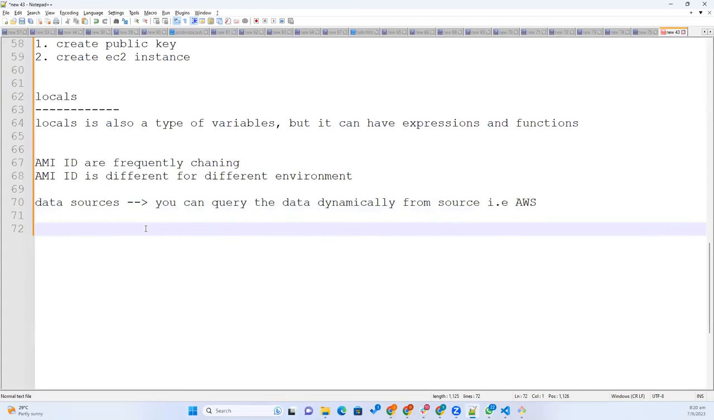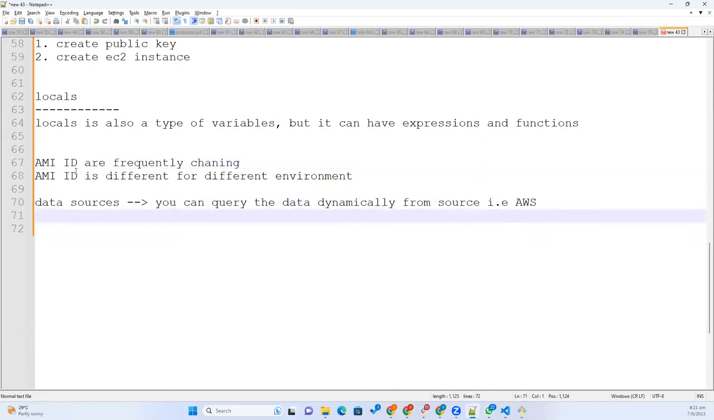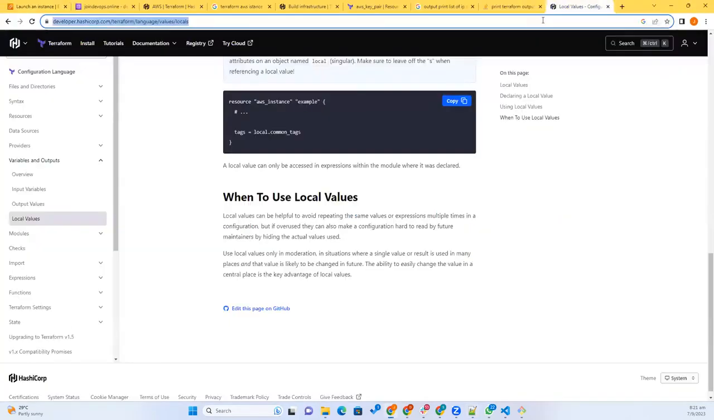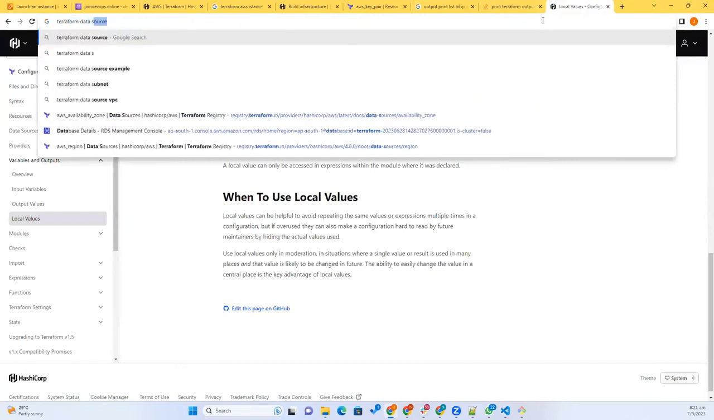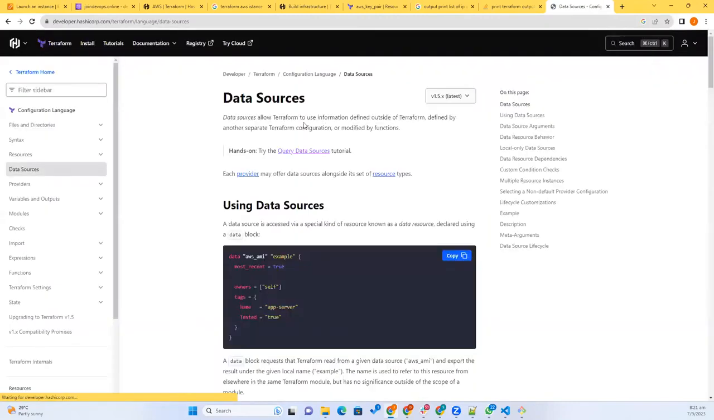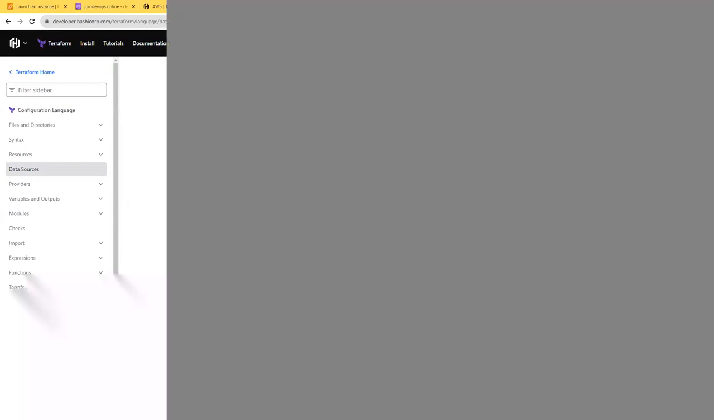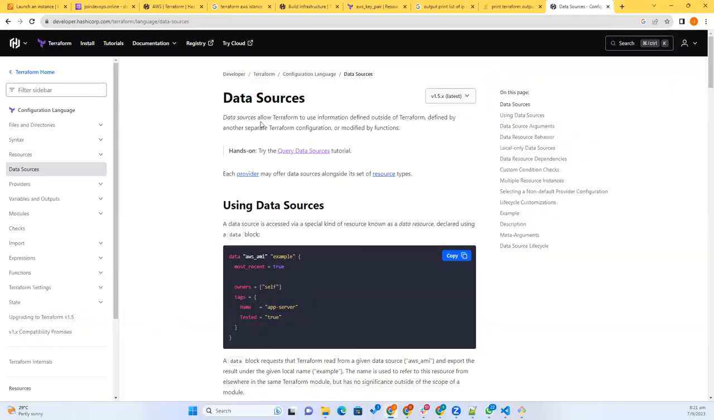Instead of fetching the AMI ID manually from the AWS console, you can query AWS to fetch the AMI ID automatically. In future, if the AMI ID is changed, not a problem, you will get the latest AMI ID. And it will give you the AMI ID based on the region also. So let us see the Terraform data source. Data sources allow Terraform